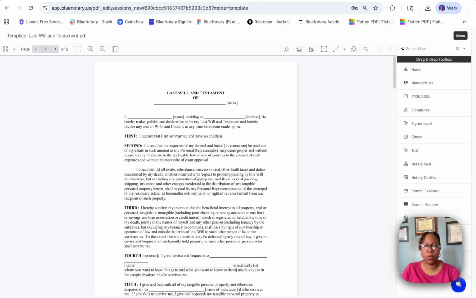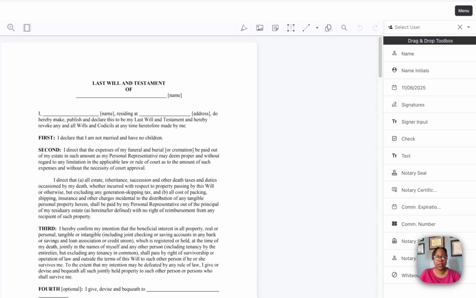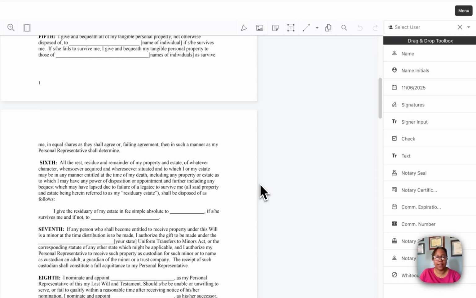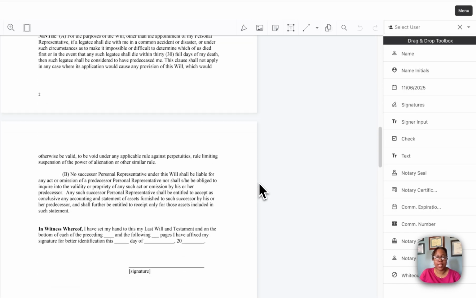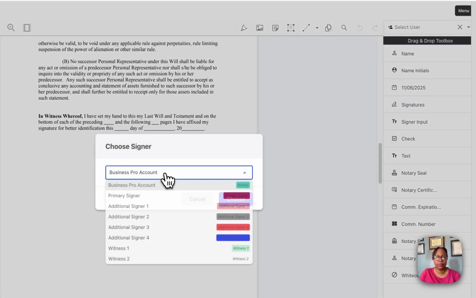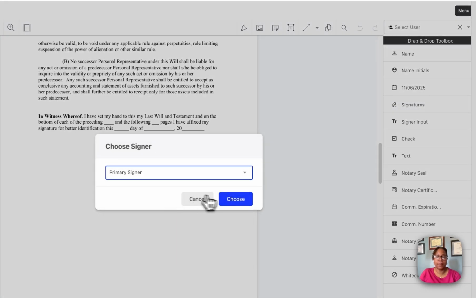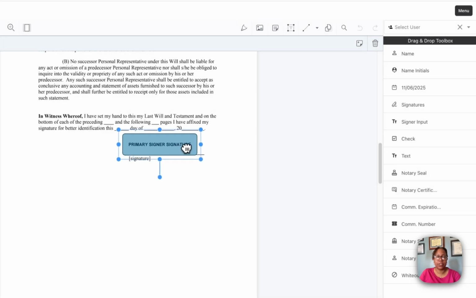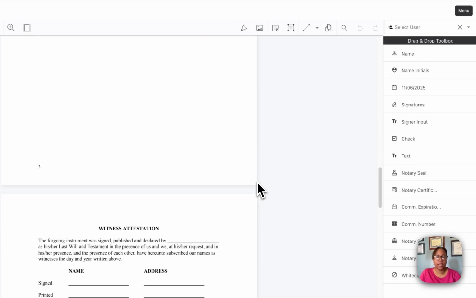On this last will and testament, the signature portions are always going to be the same people, the testator and the witnesses. So I want to scroll down to a place where I can find a signature that is always going to be the same. So here I have a signature for the testator. What I'm going to do is drag over a signature here, and I'm going to put the primary signer's signature. And if I scroll down even further,